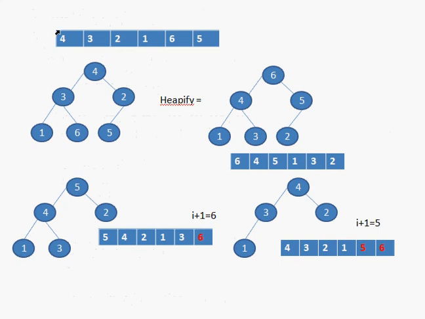In the first figure, we have a tree which is not a max heap. We heapify it with the method heap initialize. Heap initialize is going to give you a binary tree which will be a max heap. Once we get this structure, we can see that the maximum element will be at position 1. So here you will have the maximum element.